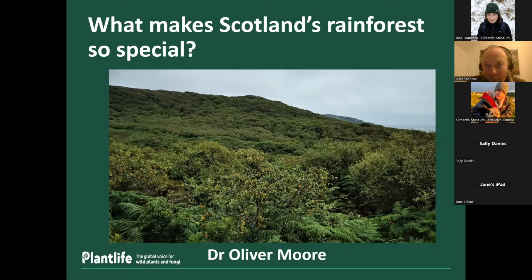Well, it looks like any other kind of woodland you might get across. I'm looking at a stand of hazel mixed with a bit of birch in here. Some bits of the temperate rainforest habitat might be birch woods or oak woods, even Scots pine woods in the west coast. But whilst they may contain trees that can occur all over the British Isles, what makes them special are very much the bryophytes and lichens. Some of these have a very restricted distribution. So just to give you a little bit of context,